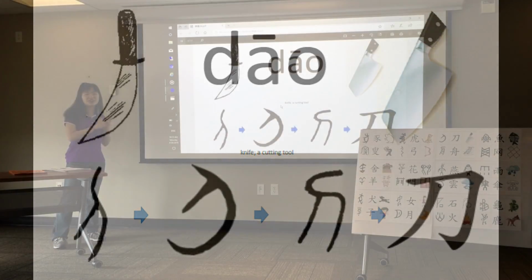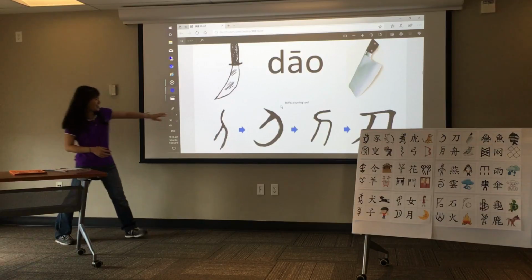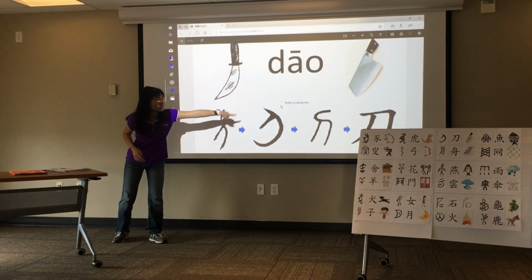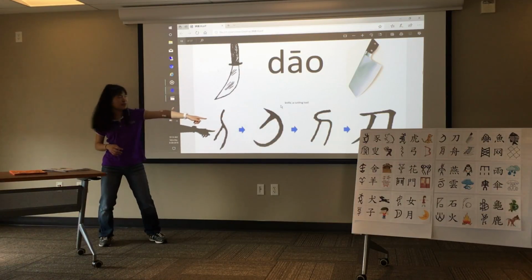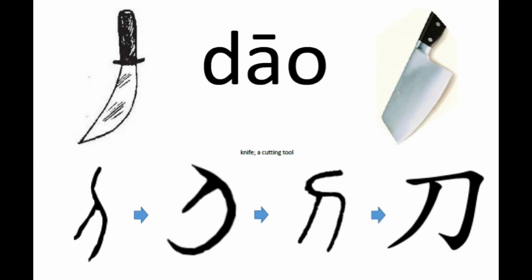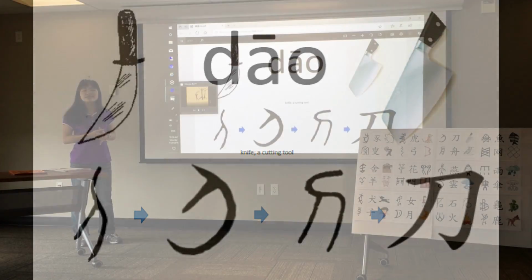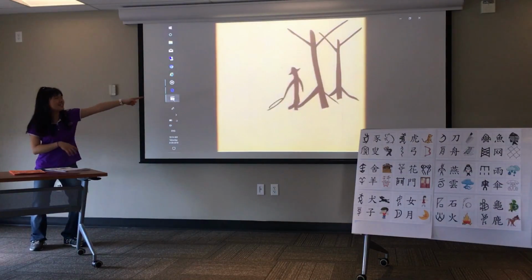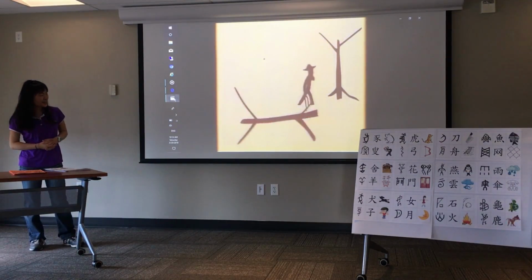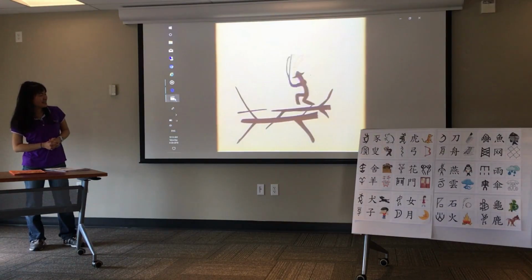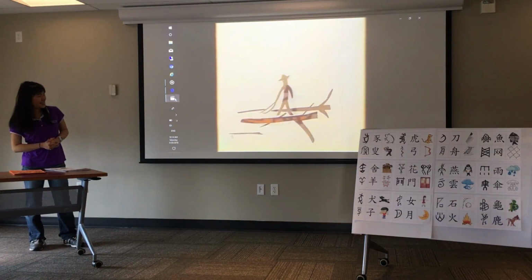This is the word for knife in Chinese. So you can see the handle, that's the blade. And over time, the handle is still there, and that's still the blade. And this is a Chinese word for knife, or a cutting tool. And it's pronounced dao. Yes, this is dao. So Fu is using dao to cut down the mu. Chop, chop, chop, chop.